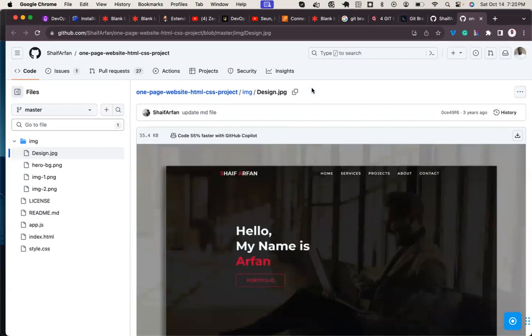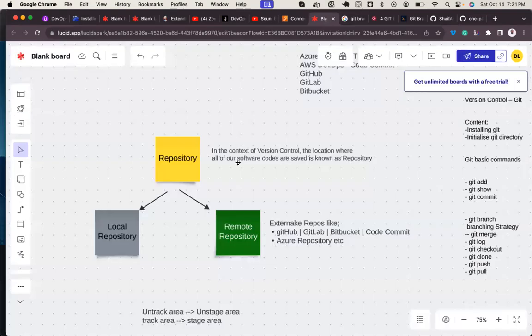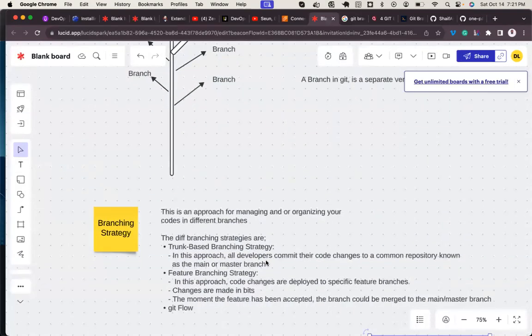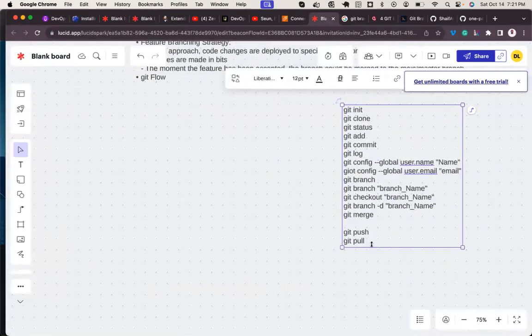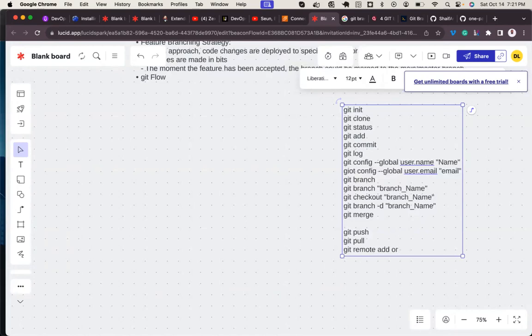All right. Then see how we can manage a GitHub repository from the command line. Then we shall talk about remote repository. So we shall also talk about a new command, git remote add origin.